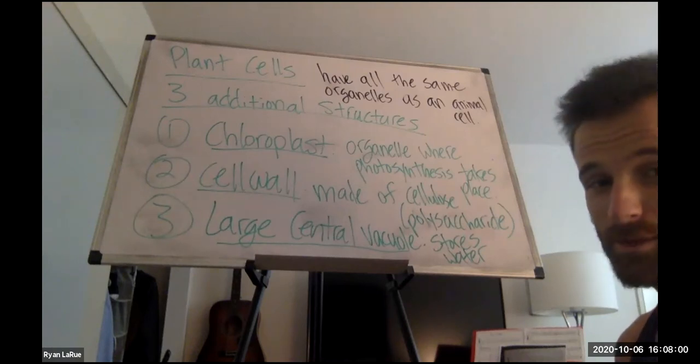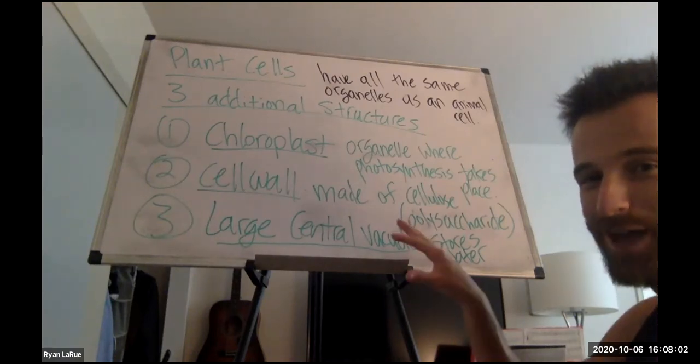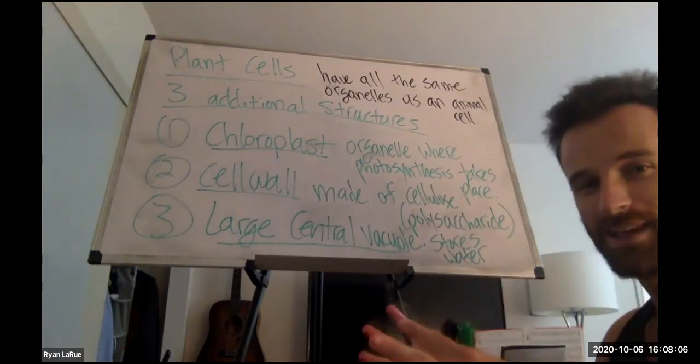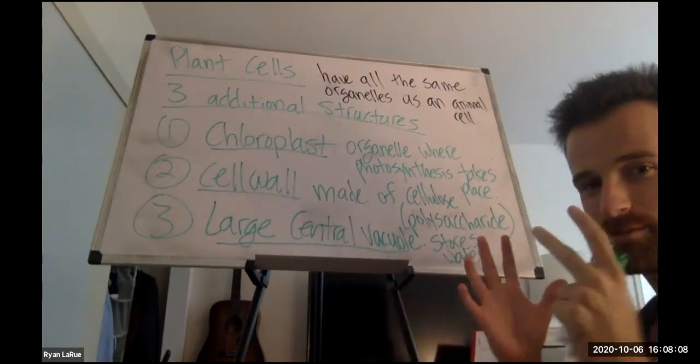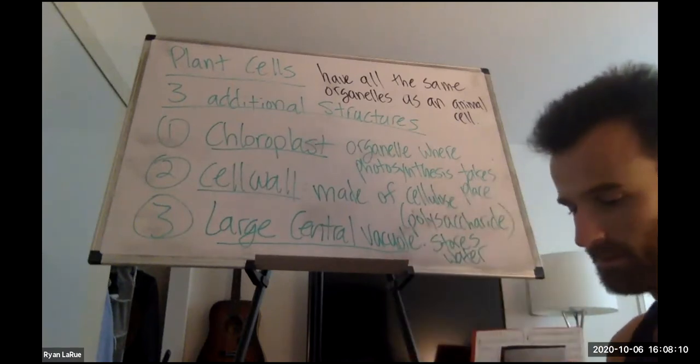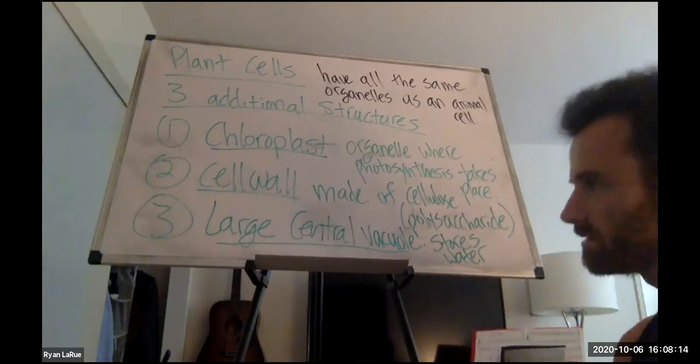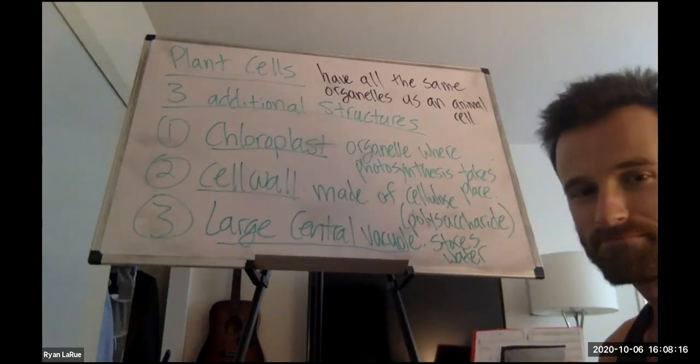Well, to repeat for the third time, the central vacuole stores excess water and gives the cells this full, rigid, enlarged shape. Anyways,